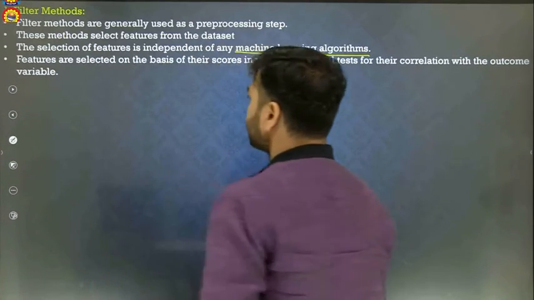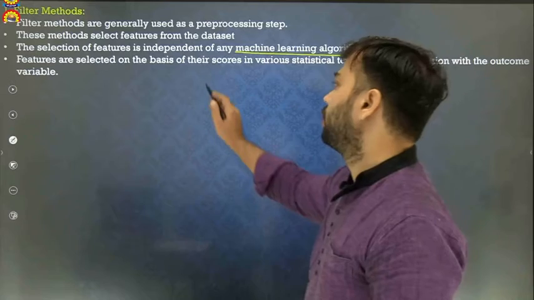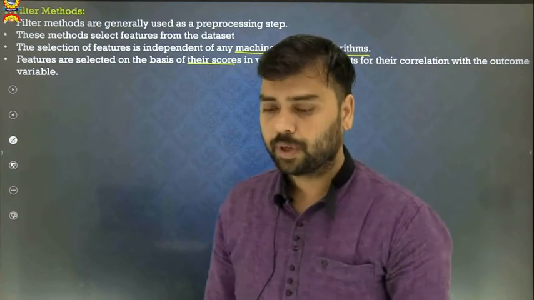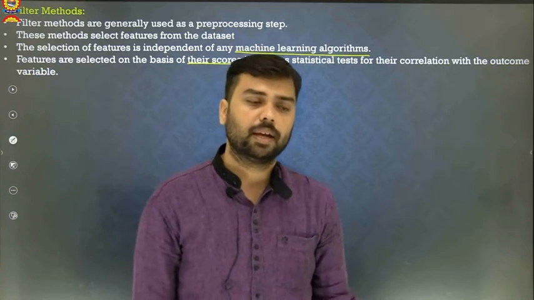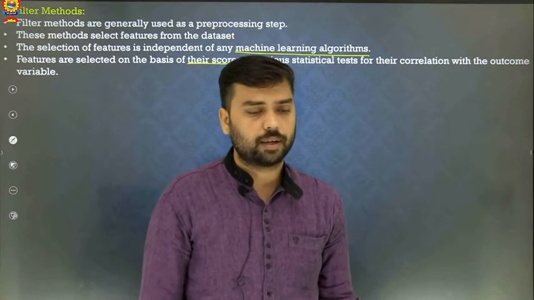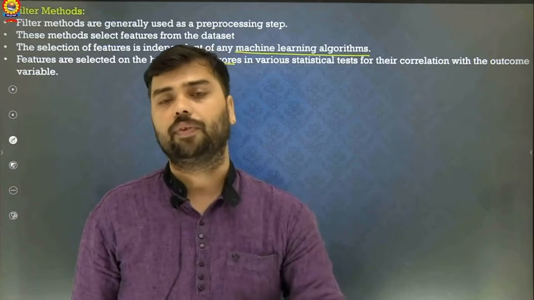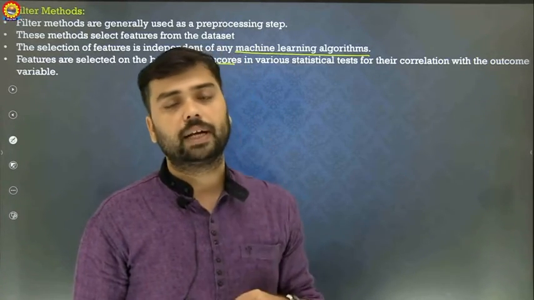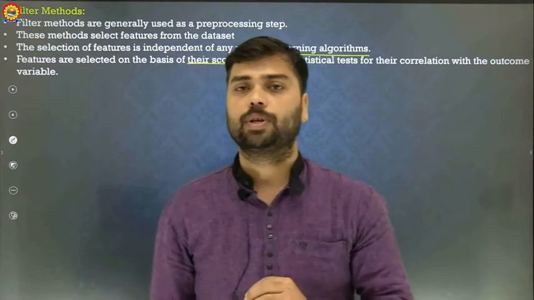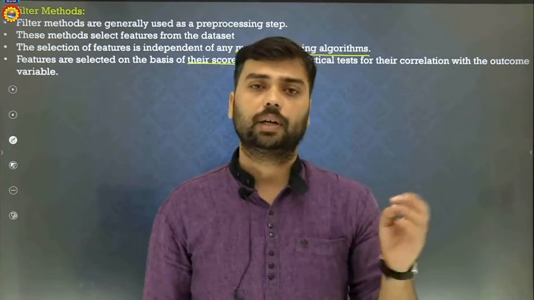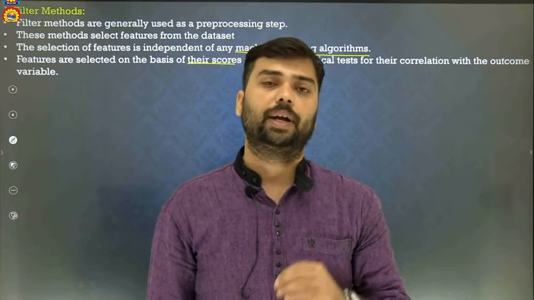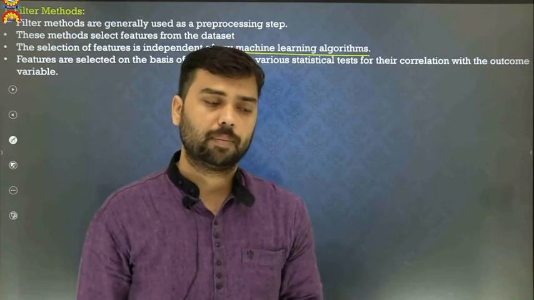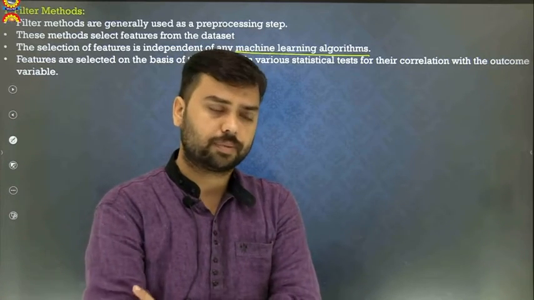Features are selected on the basis of their scores. I already discussed feature ranking in the previous class. So what is a score? A score is any score which we mathematically assign to order the features. For example, the correlation score. Correlation means how much the feature is related to, or how much impact it has on, the target value. If the impact is very high, then the score will be high. Similarly, there are so many methods of assigning a score to the features.